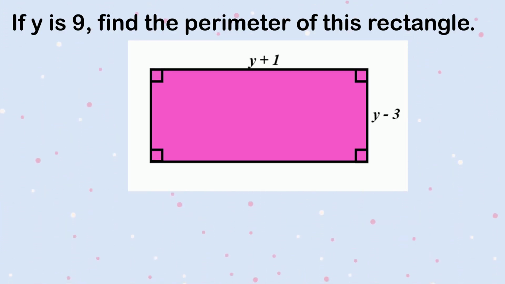Let's finish with this worded problem. If y is 9, find the perimeter of this rectangle. Easy. We know that to find the perimeter of any shape, all we need to do is to add